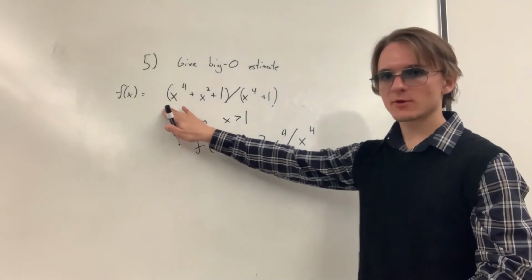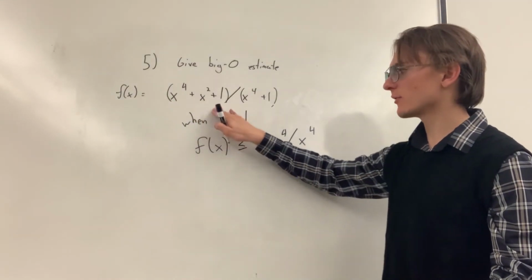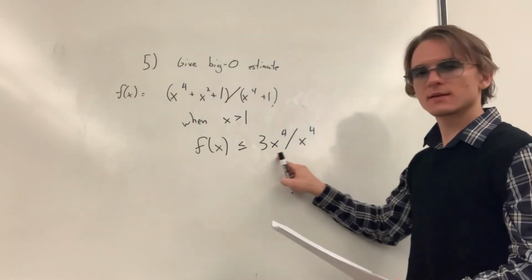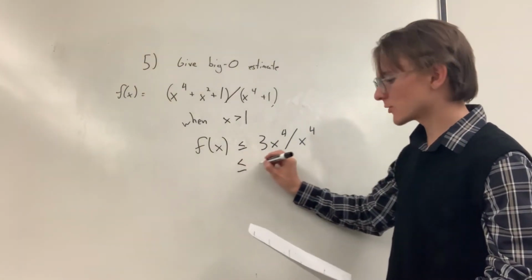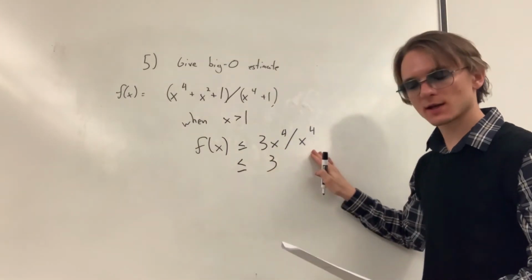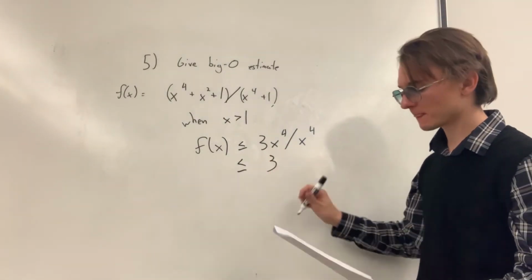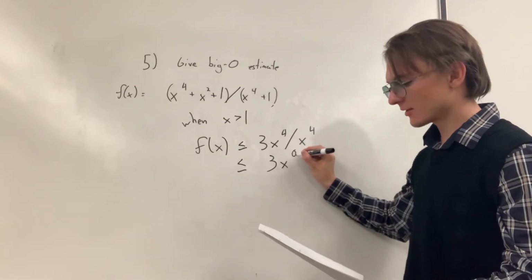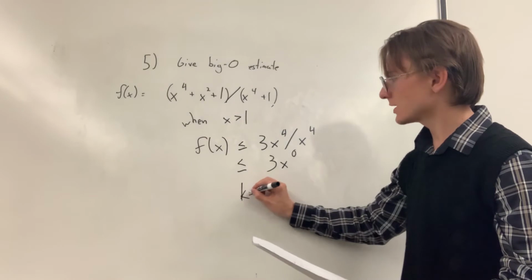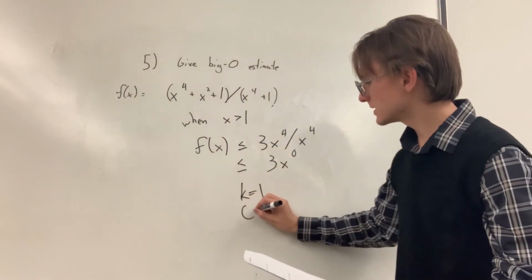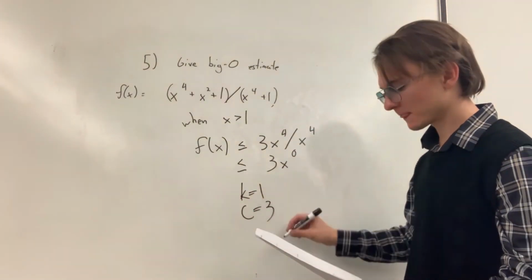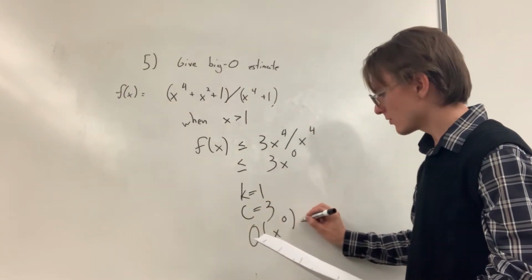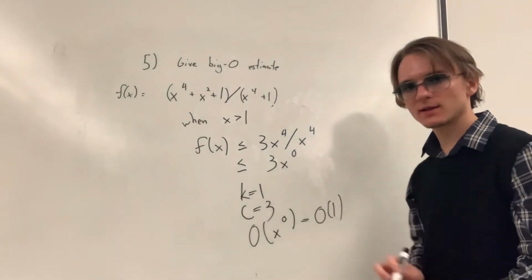So x to the power of 4 plus x to the power of 4 plus x to the power of 4 gives us 3 times x to the power of 4. This expression here is equal to 3. We cross out the x to the power of 4's and we're left with a 3 right here. 3, or in other words, 3 times x to the power of 0. Therefore, when k is 1 coming from here, c is 3 coming from here, then we get big O of x to the power of 0, or a big O of 1. It is a constant